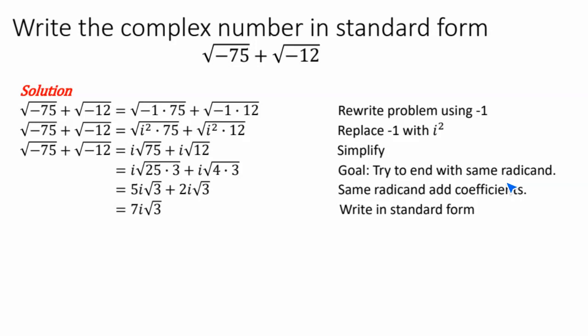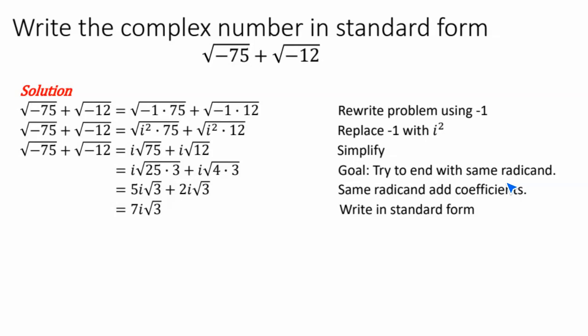So think of the square root of 3 as being x, right? If I have 5x plus 2x, I'm just going to add the numbers and then keep the symbol. It would be a 7x. So in this case, it's the same thing. I have the square root of 3 as the like term. So I'm just going to add the outside, the 5i plus the 2i, giving me the 7i square root